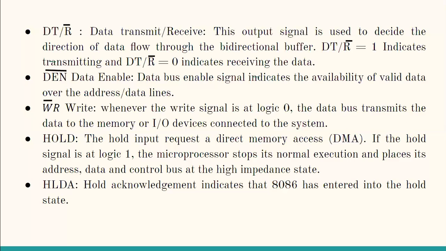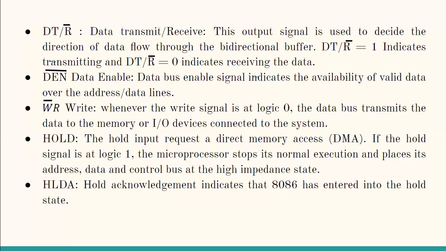Whereas if this memory is directly accessible to the peripheral with the help of buses, they can do the data transfer, whereas in the meantime, the processor can perform its execution. The time can be saved. That is called the direct memory access. So if any peripheral requires direct memory access without engaging the processor, it gives the request on this hold pin. The hold input requests a direct memory access.